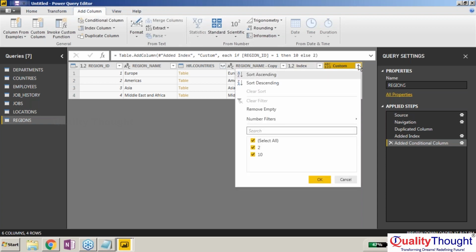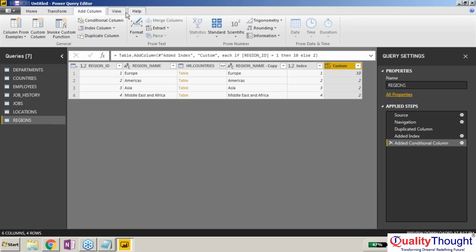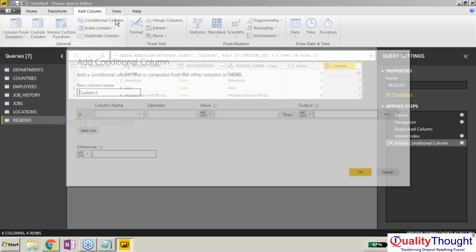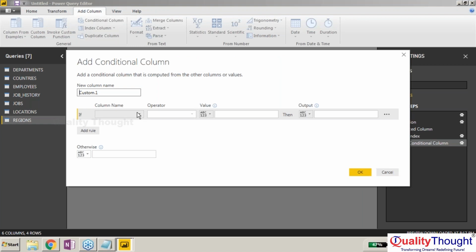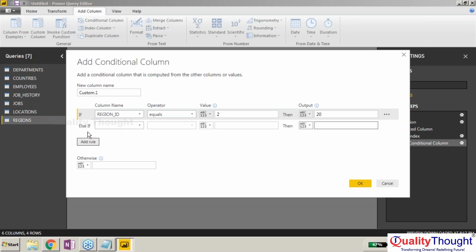And region ID equals to, output 20. You want to add, you can go on and go on adding multiple else if statements,